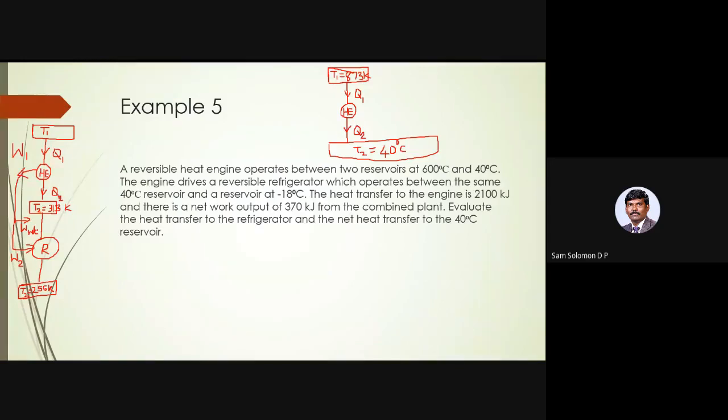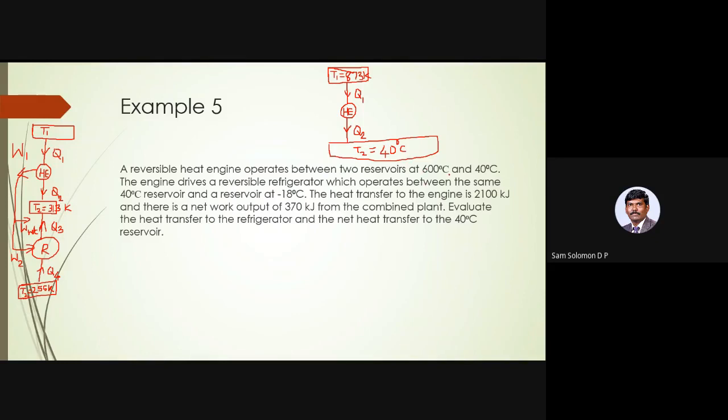Okay, and we haven't completed this. So here, because we have already used Q1 and Q2, let's say Q4 amount of heat is removed from the cold space and Q3 amount of heat is rejected to the surrounding atmosphere. So this is the first thing that you have to do. You have to draw the line diagram. So now if you check, everything will be in order.